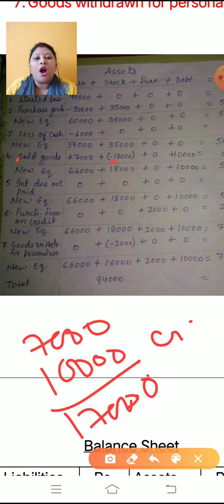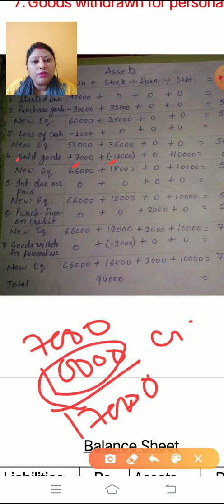Okay. Now how much amount are we receiving in cash? 7,000. Okay. And on credit 10,000. So this is sold goods on credit. It means we have to make the debtor column, and the 10,000 amount you have to write down in the debtor column. There is no effect on the liability side. Okay. So do the total as it is.